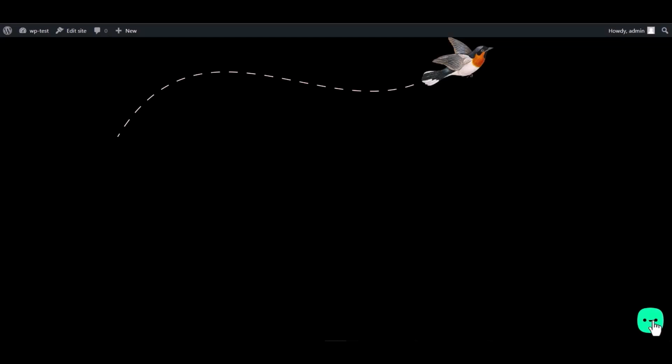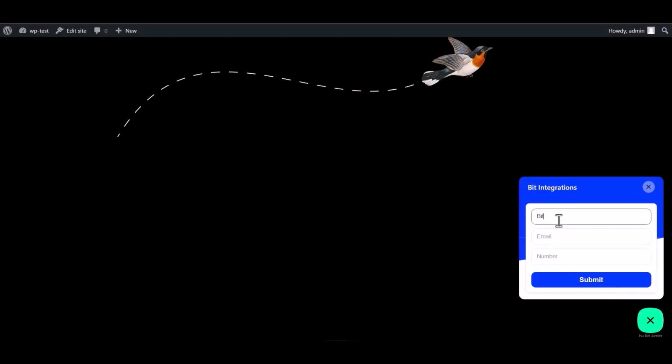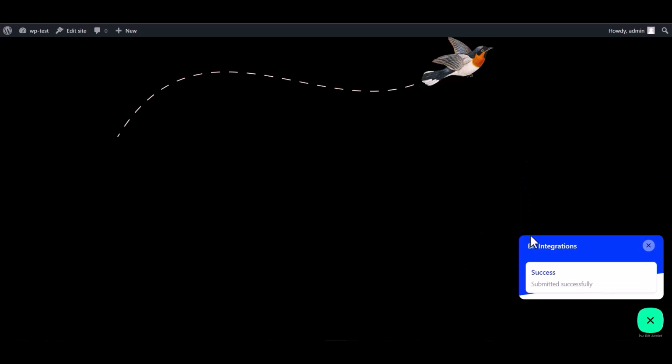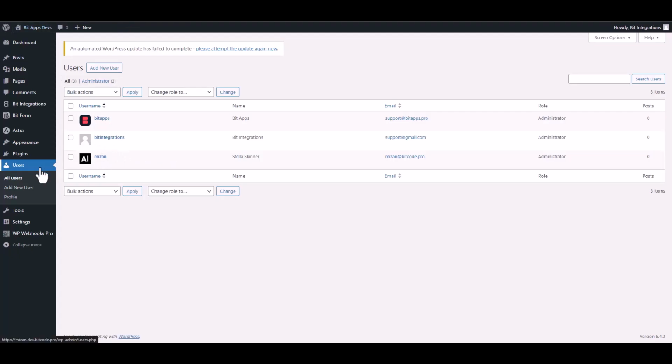Go to the WordPress page and fill in the form. Submit it. Form submitted successfully. It appears that the user has been created